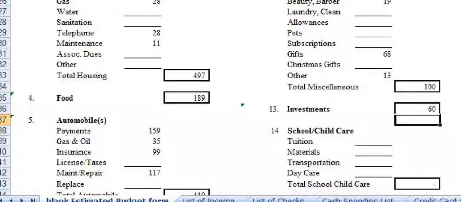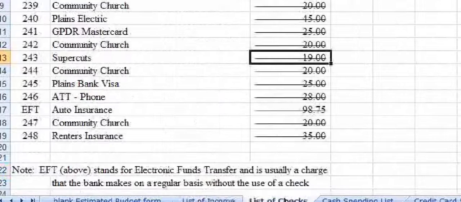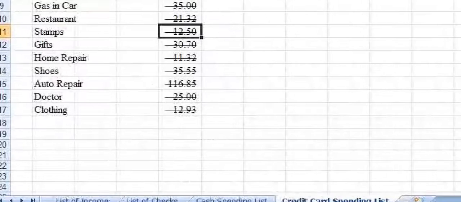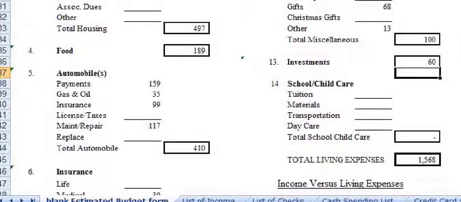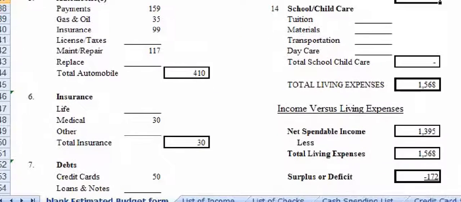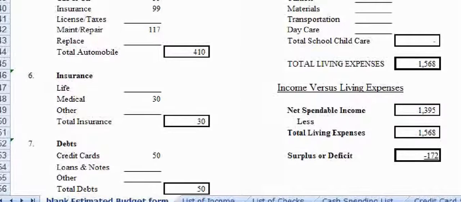By clicking through the tabs, we should now see that all of the data has been struck out. Further down the form, total living expenses now shows $1,568. We see where the net spendable income was brought down from the top, and the total living expenses was brought down from just above using formulas, and the difference, again using a formula, is $172 per month being overspent